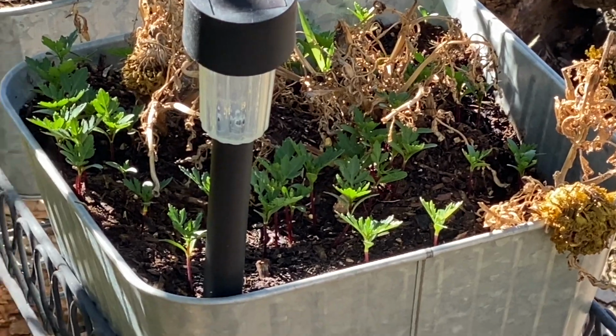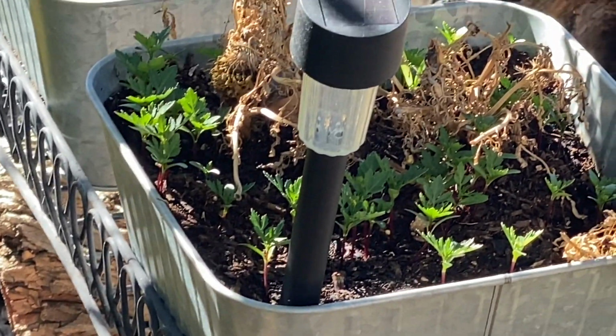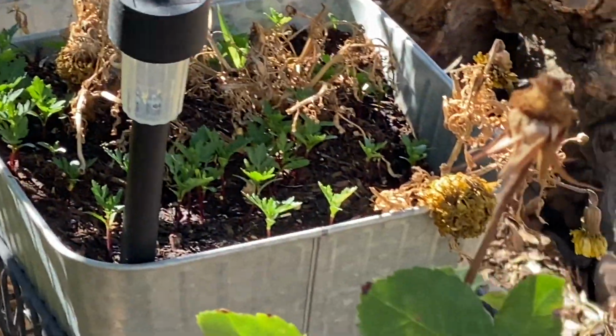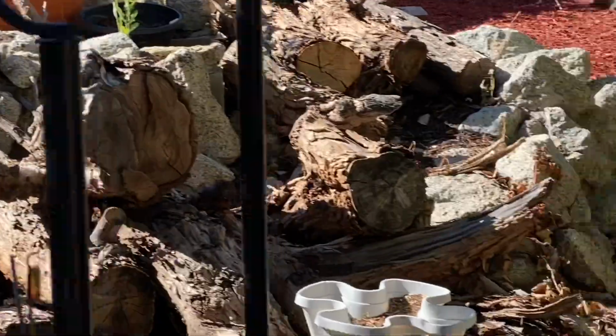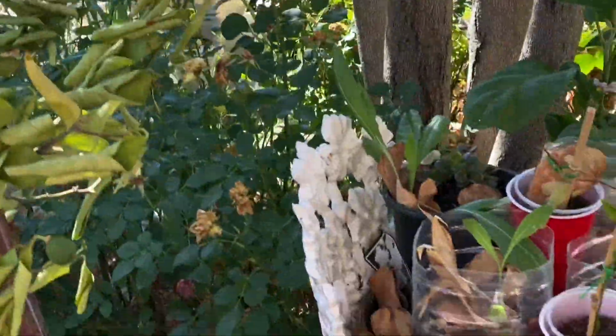Let me see. This seems to be growing well. I believe that's lavender. And it seems to be doing really, really good right there, because I had it in another pot and it just didn't do anything. Well, I'll show you. I'll compare the two. Let's come down here. I want to show you what's going on with my